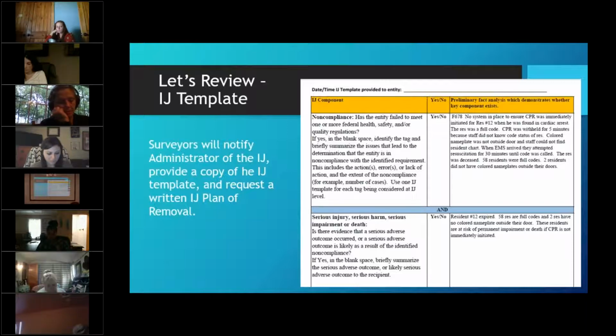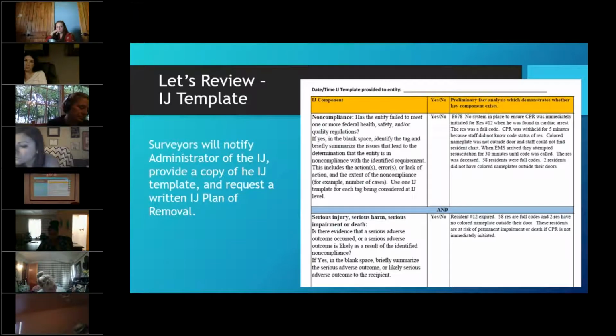Okay, so facility submitted a plan of removal at this time. And down here, state or surveyors accepted the plan of removal at this time. That doesn't mean anything yet until the facility has completed all the steps of their plan of removal, and they will put the date and time. So your